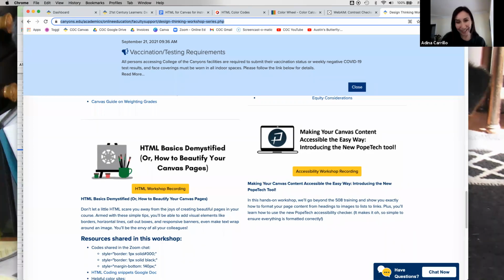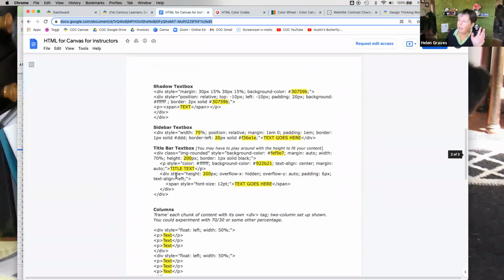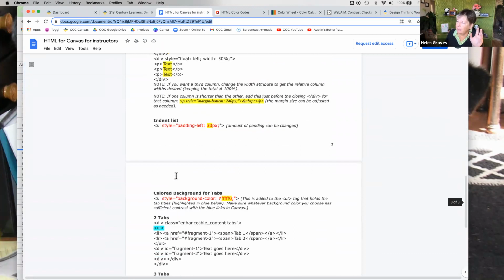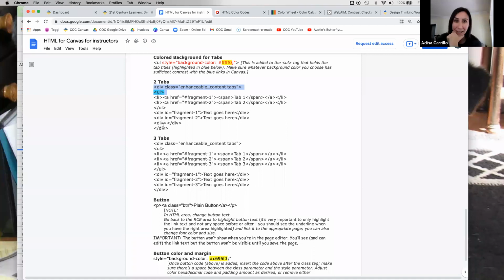I really wish I could attend your tabs one, because I just kind of learned how to do it on my own, but I don't think I did it the right way. Definitely watch the recording, and if you have questions, let me know. But tabs are a bunch of divs, and usually when tabs get messed up, it's because a div is missing or an extra div somehow got added and shouldn't be there. Okay, that makes sense.